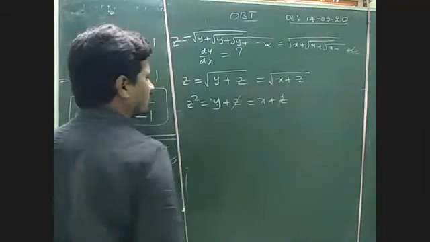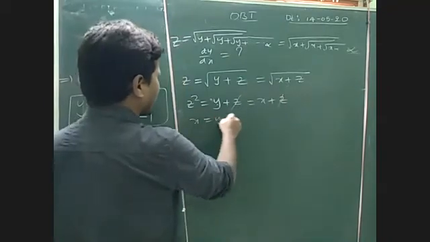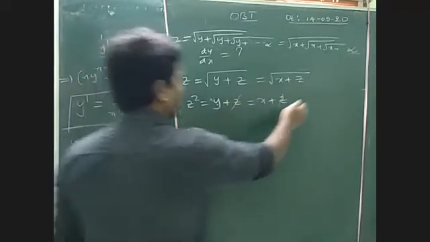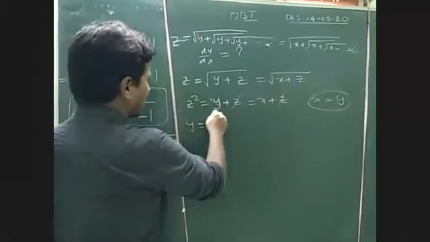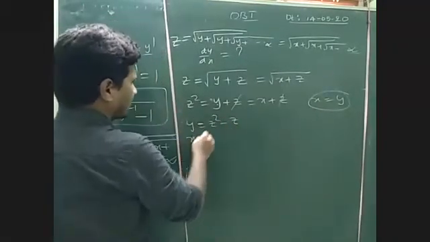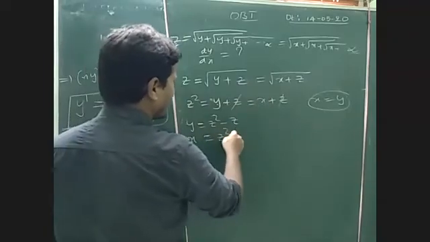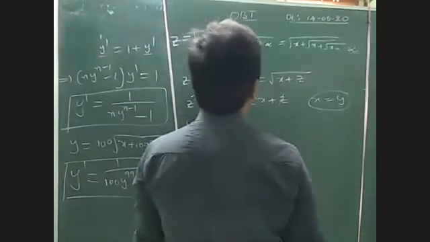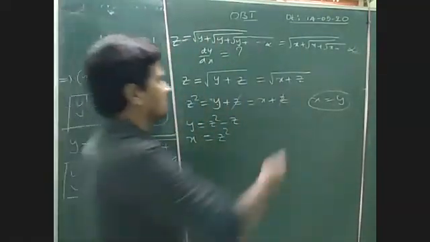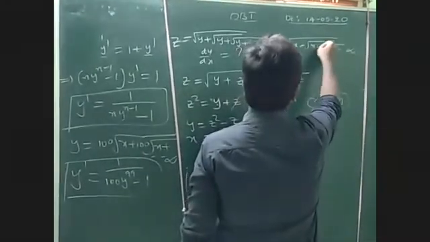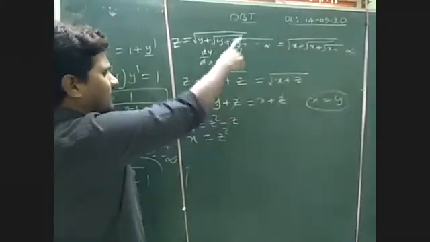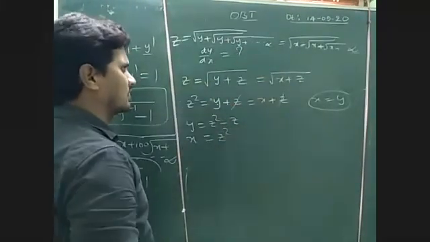x is equal to y is one case. Another case is y is equal to z square minus z, and x is equal to z square. In case they give some value, what is the question? I think they gave a minus for any one of the values, for x or for y.